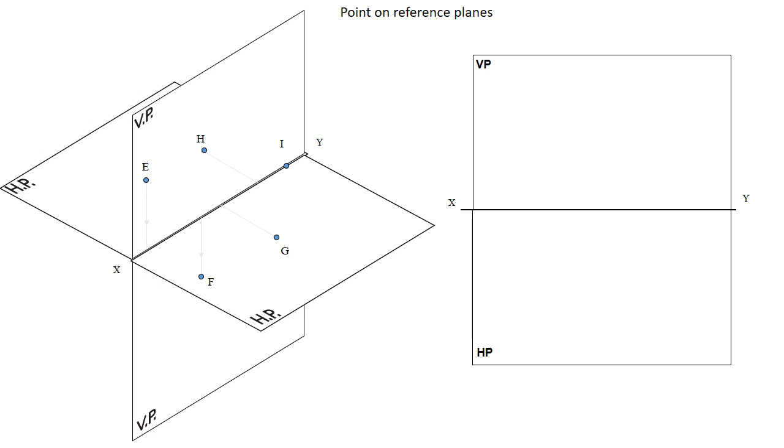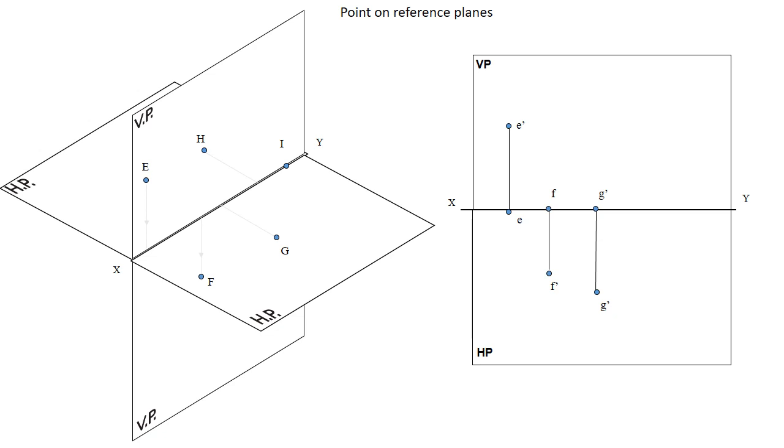Now what about the projection of E? We always have to draw the front view first. That's why we draw E dash in the front view, and the top view we get on the reference line. What about F? F is in VP but below the XY line. If we see from the front side, we will get the front view below XY, which we denote by F dash, and its top view comes on the reference line XY.